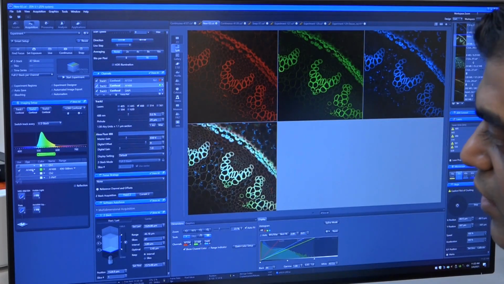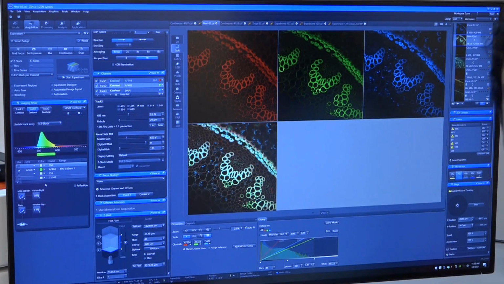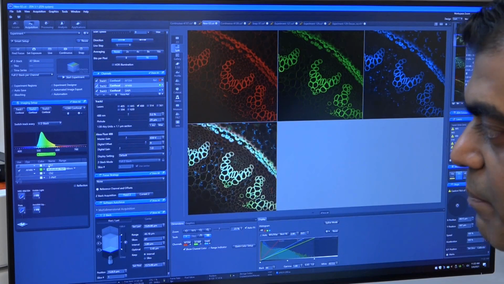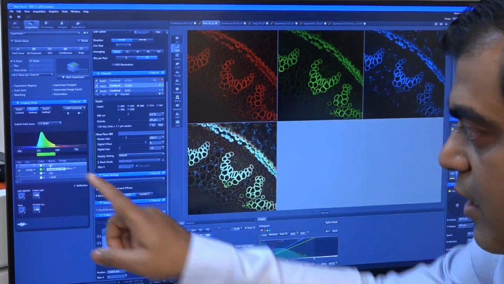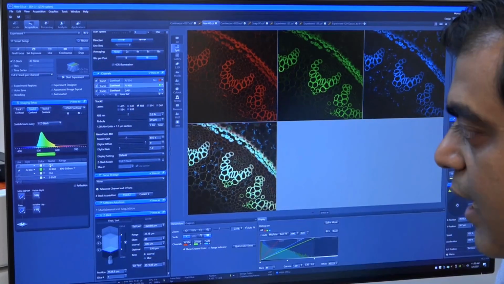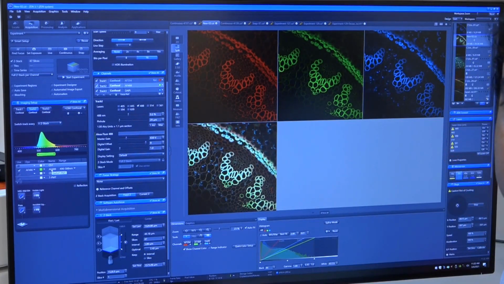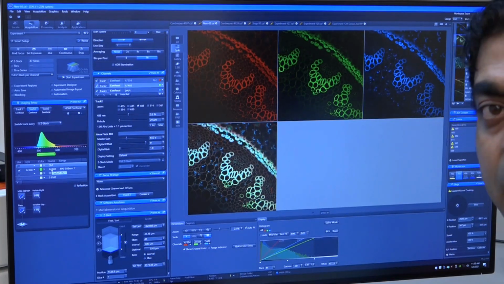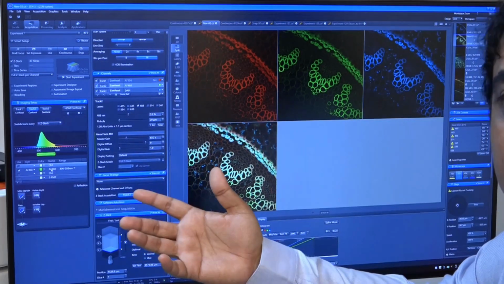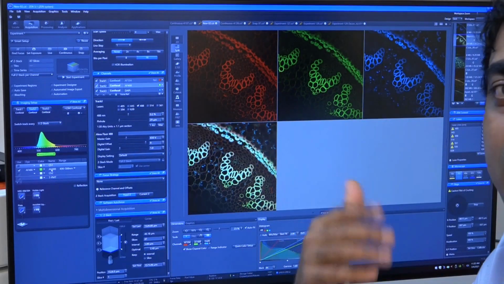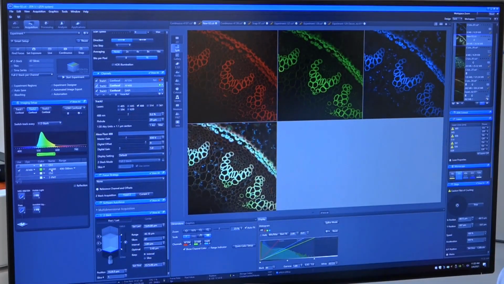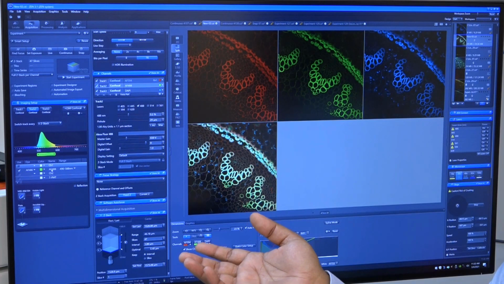The second thing is, you also have to select the detectors which are available. In this system there are basically two types of detectors. The first one is a multi-alkali PMT detector, and the other one is a higher sensitivity one called a gallium arsenide phosphide PMT, or GaAsP detector, which has a quantum efficiency of 45% compared to the multi-alkali detector, which has 25%.